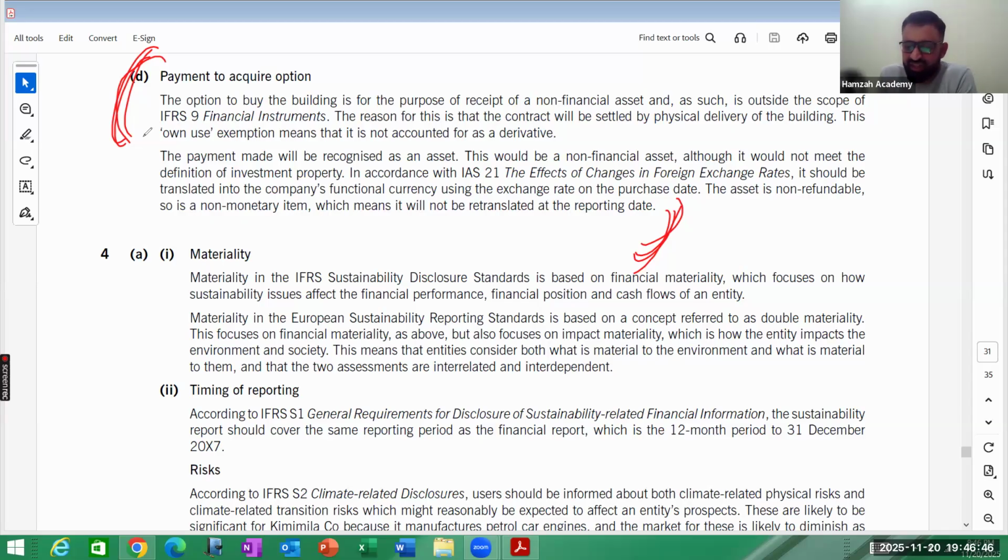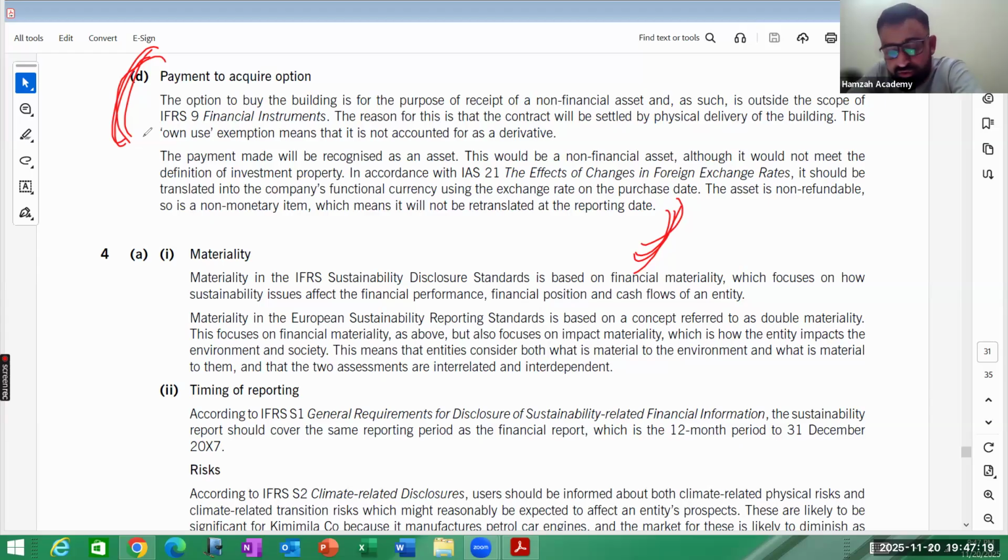And yes, IAS 21 is relevant because dinar is a foreign currency and we need to present this transaction in our functional currency, which is US dollar. But remember, it is a non-monetary item because it is not determinable into a fixed or determinable number of currency units and it cannot be used as cash and cash equivalent. So it's a non-financial item, a non-monetary item, and non-monetary items are not subsequently translated. They are translated once on initial recognition at a spot rate,